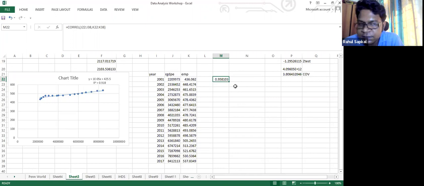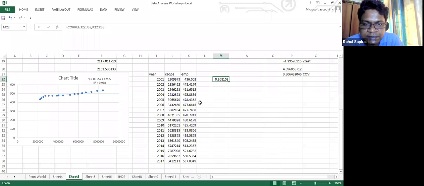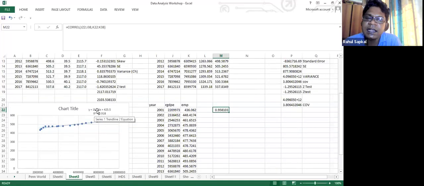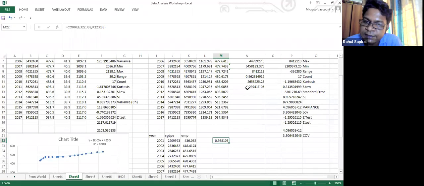But now here it does not mean causality. GDP influences the employment, but that does not mean causality. You have to see the other factors also, and that's why we have to add more and more variables into the regression format. In this kind of exercise, that is not possible if you have more than one variable. But one thing is that from here you can say that yes, GDP influences the employment, and this is my estimated coefficient, which is 1. So I will reject the null hypothesis, which says that my beta value is equal to 0, meaning there is no relationship. I will accept the alternate hypothesis.